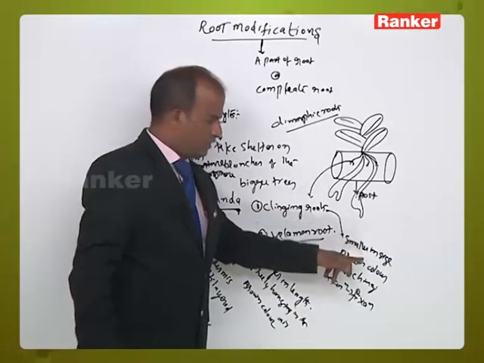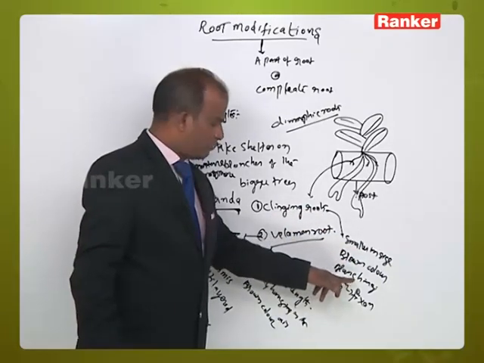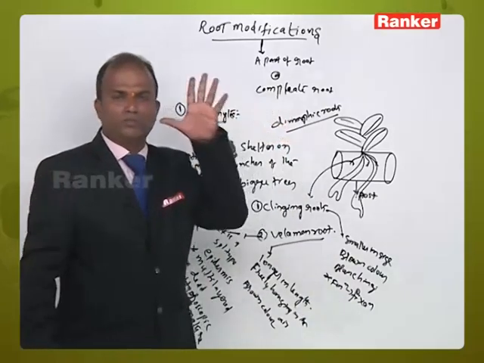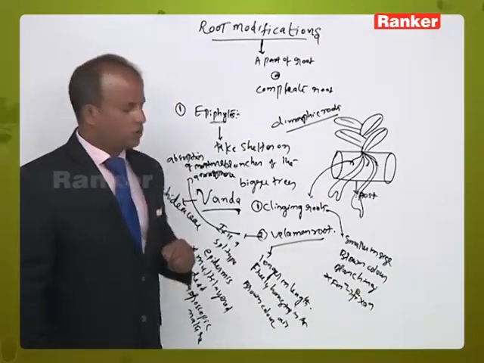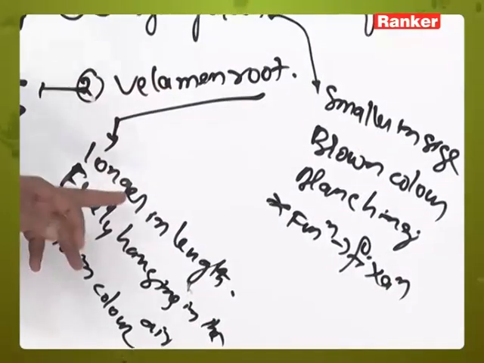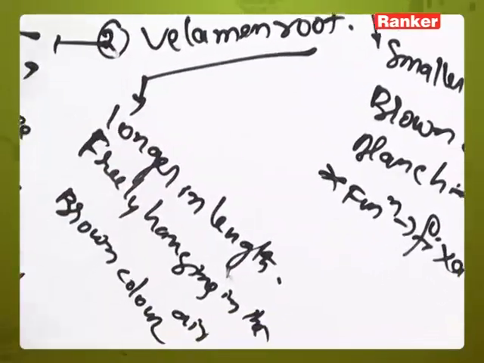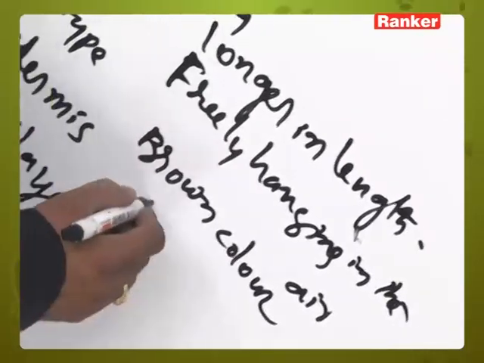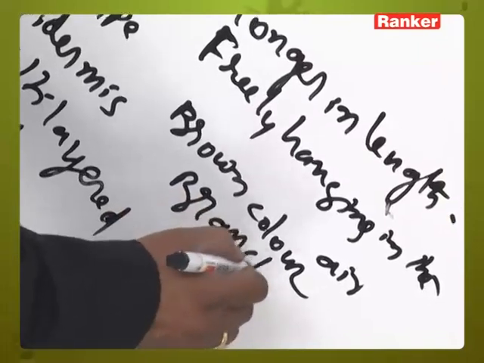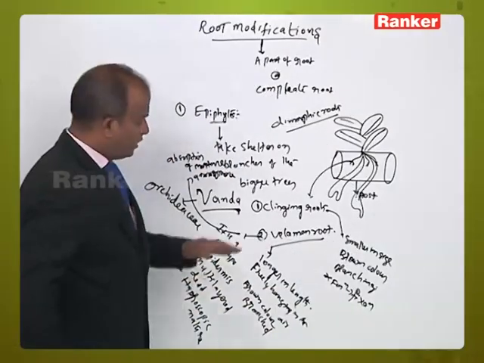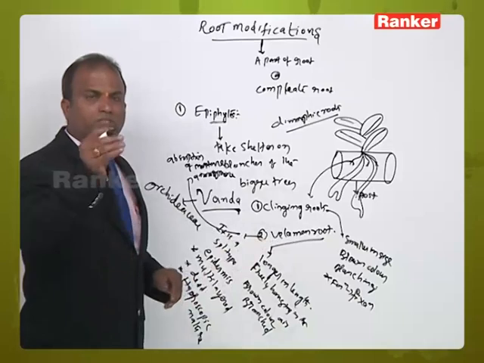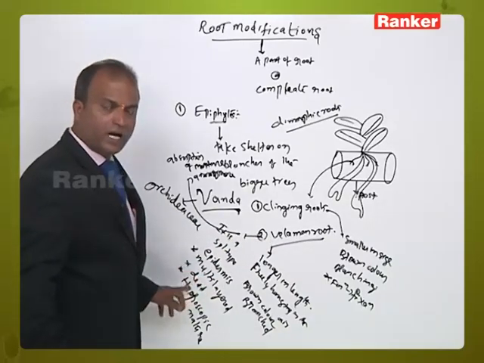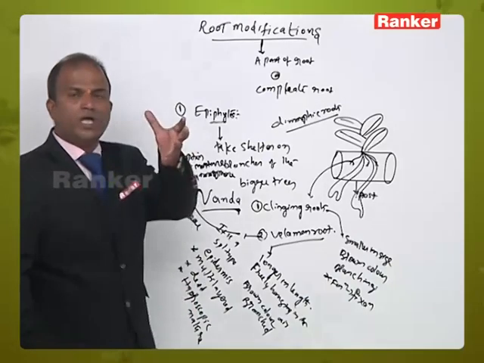The clinging root is smaller in size, brown in color, and branched, and it helps in fixation upon the host plants. Whereas the velamin root is longer, freely hanging in the air, brown in color, and also branched. And what is meant by velamin? It is a special type of epidermis, a multi-layered, dead, hygroscopic velamin tissue, which helps in absorption